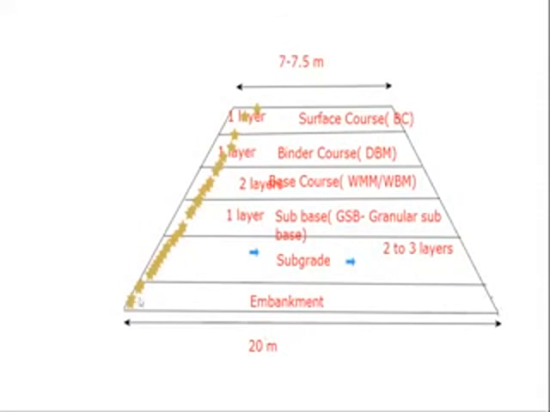It will also act as a structural component, meaning it will take some amount of the load. Usually load is distributed from the topmost portion to the bottommost portion. Suppose 100 kilonewton is the load on the bituminous concrete, it will transfer some 90 kilonewton to the DBM, and 80 kilonewton to the WMM, and 50 or 40 kilonewton to the GSB. Load will decrease as the depth increases. That is the common point in this.